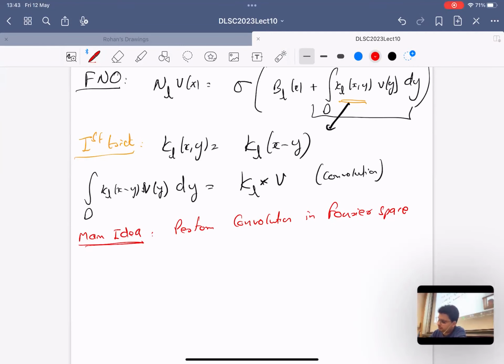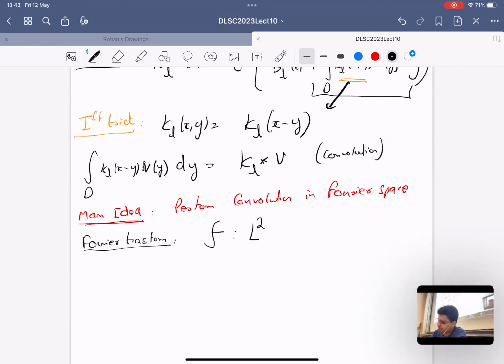So this is a mapping F. It's an operator. It's a mapping which takes functions which are square integrable, because without that you can't take the Fourier transform. Well, you can take Fourier transforms for very general functions, even tempered distributions. But let's take square integrable functions, and these are functions which live on some domain D,